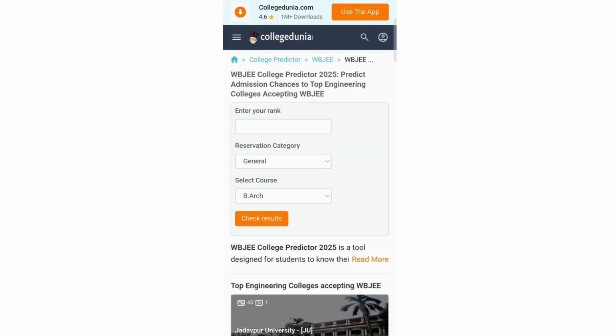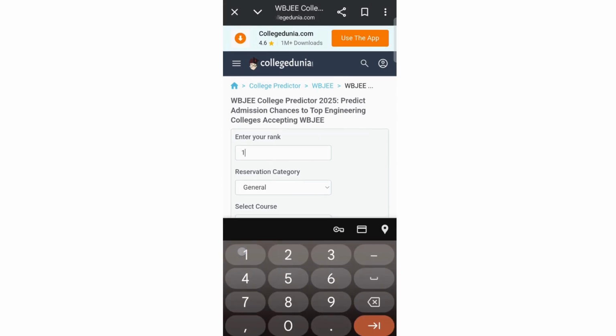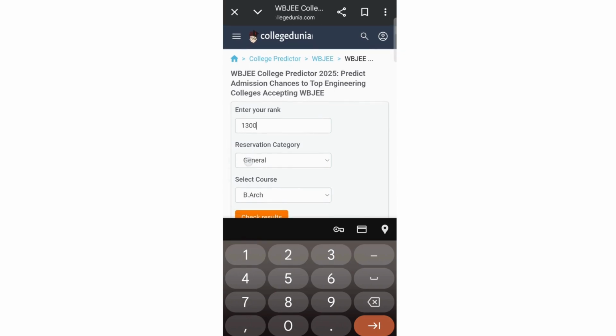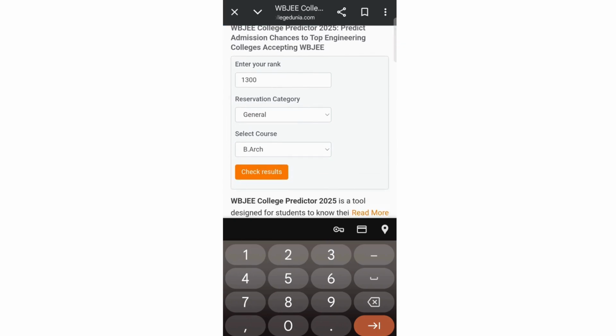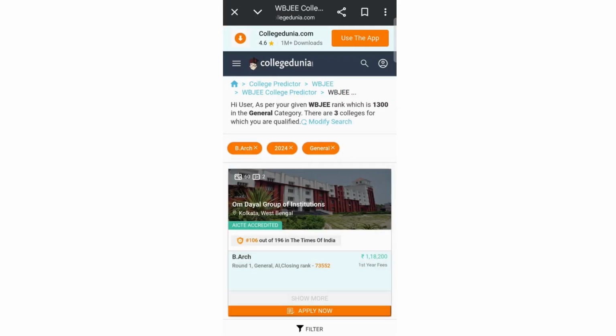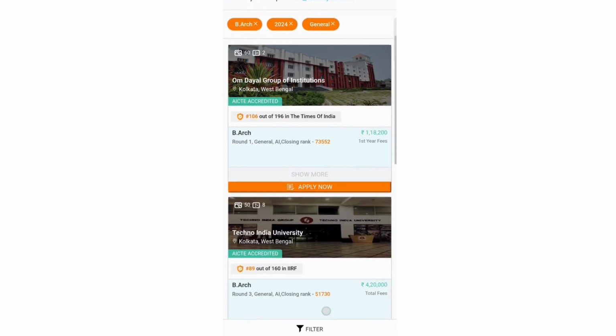After that, you have to enter your rank along with your reservation category and your course. For example, my rank is 1300. This is my reservation category and this is the course. You have to click on check results. So there are in total of 3 colleges for which I qualify for, and this is a list of all